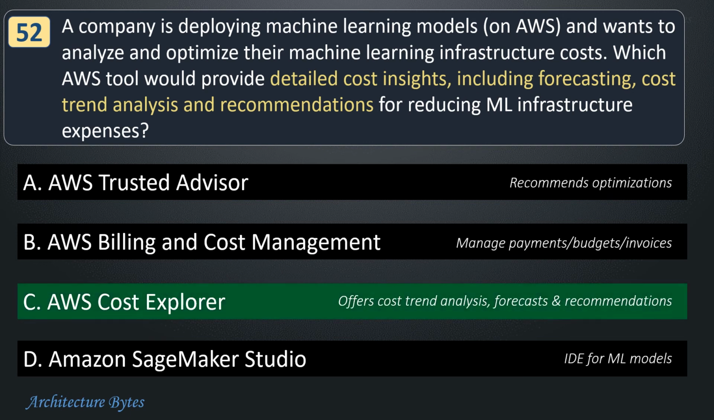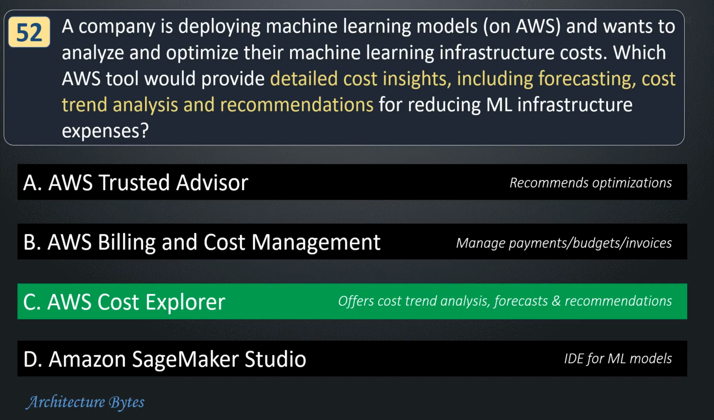Option C, AWS Cost Explorer, is the right answer here. It is a detailed cost analysis tool that offers cost trend analysis, forecasts, and recommendations for optimizing expenses, including machine learning infrastructure. Trusted Advisor provides best practice recommendations, including cost optimization, but does not offer detailed cost insights and forecasting